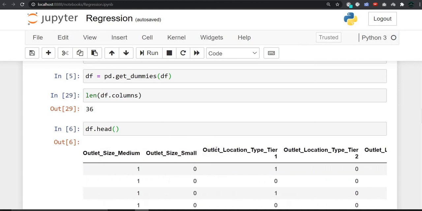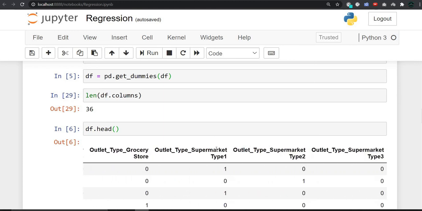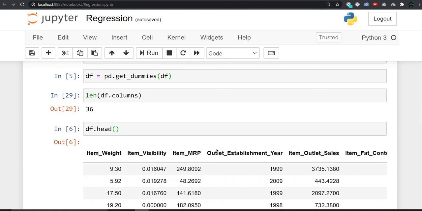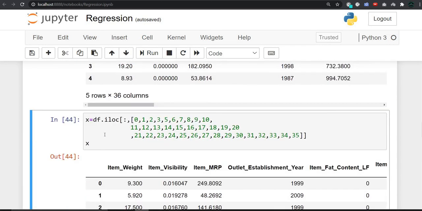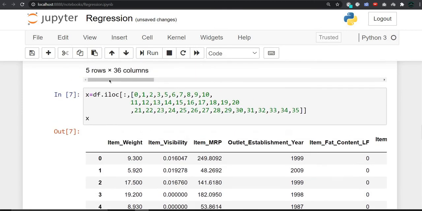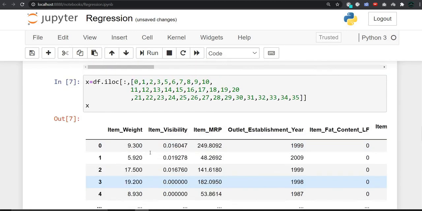You can see here, all the values which were strings have been converted into 1 and 0. After that, we have to select our data set as independent and dependent variables. So let's do so. These are the values that will be independent values. So let us execute this. We have successfully executed it.